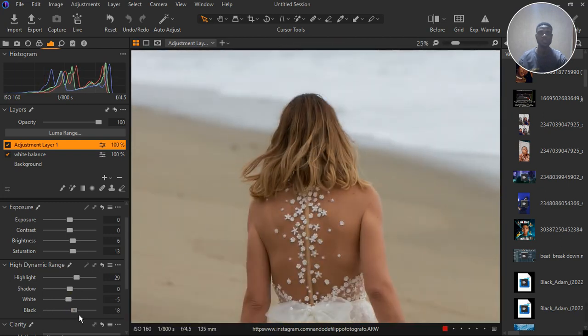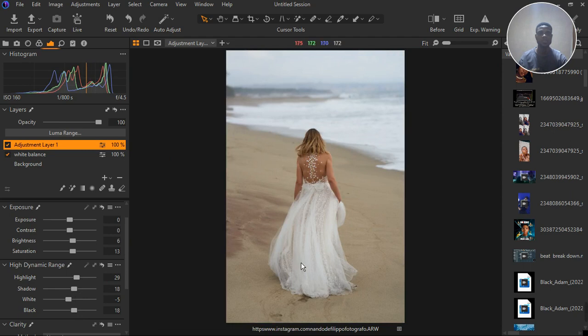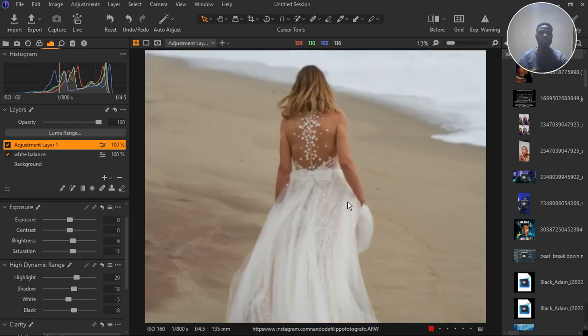So bring the blacks up just a bit, 25. I don't want to pass 20. And the shadows, okay? So that's, I adjusted that with our air. So we can just toggle off and on what we have here. So this is just before and then this is after with a little saturation and the rest stuff that has